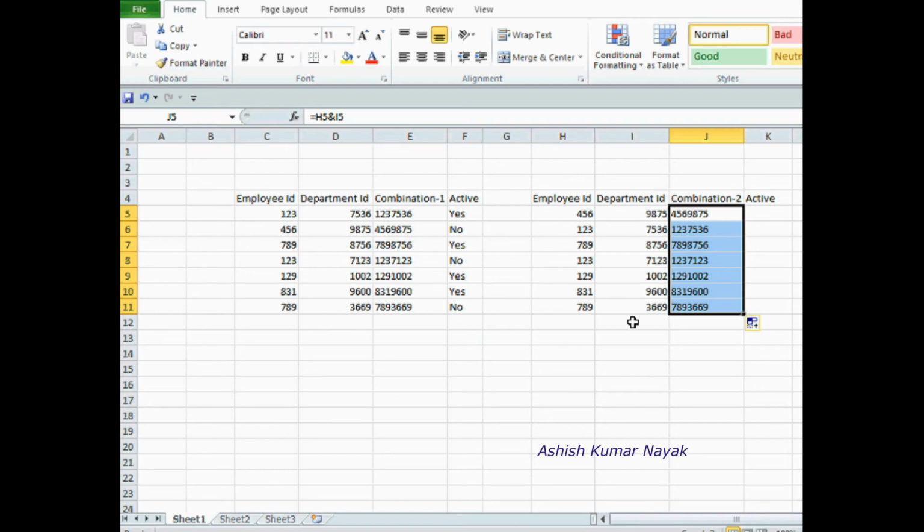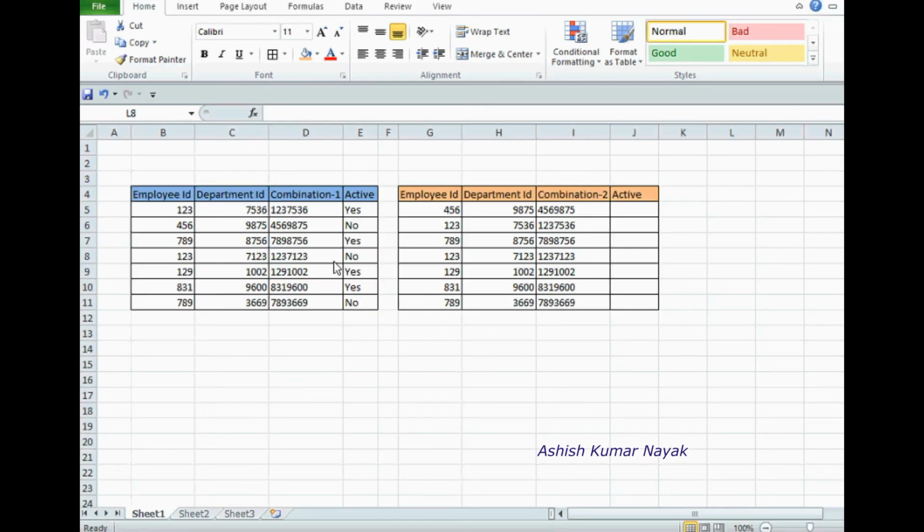Okay, so this combination 1 column contains the combination of employee ID and department ID of first table. This combination 2 column contains the combination of employee ID and department ID of second table.